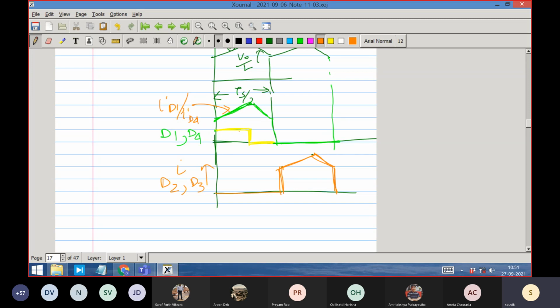Okay, and the yellow is the voltage across the transformer. During this period the voltage is this one. This is the voltage, VP or VS. You can even say it is the secondary voltage. This one, and then in this portion it is negative, and this portion, this is the secondary voltage.